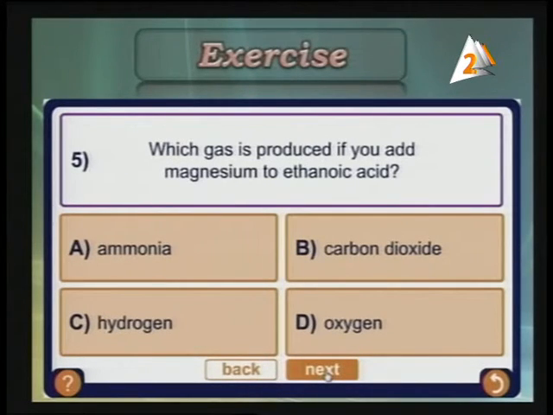Which gas is produced from magnesium and ethanoic acid? Which one here? We have hydrogen here. Excellent. Why? Because magnesium is more active than hydrogen, so with ethanoic acid or any carboxylic acid it forms a salt, and we have the hydrogen evolving from this reaction. After that,